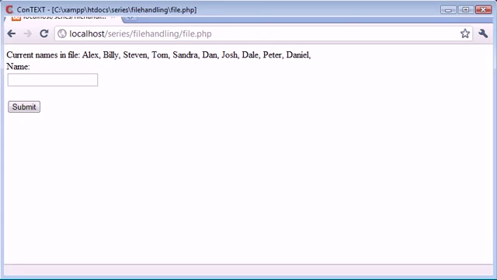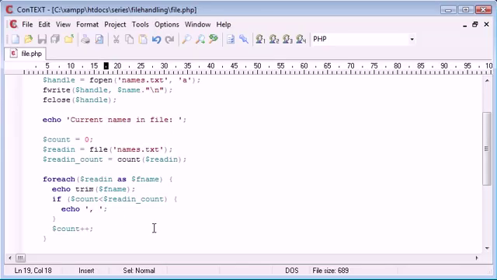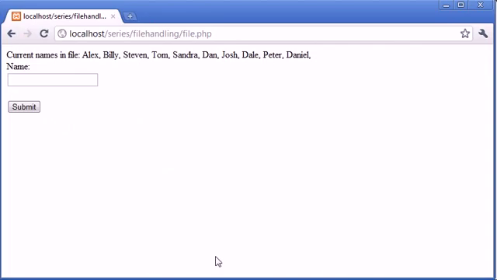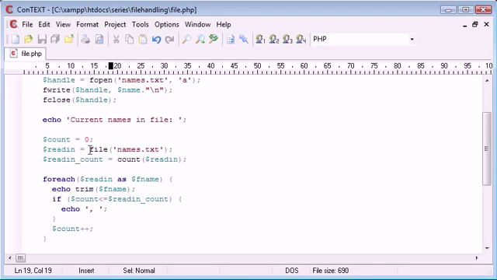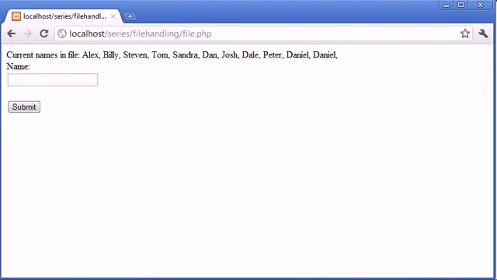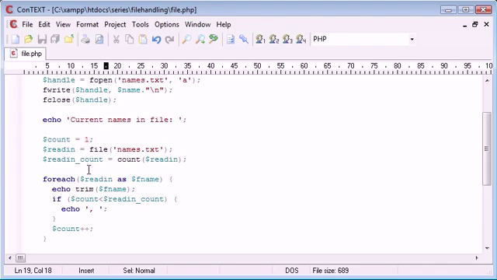Oh dear. Okay. Count is 1. Let's change that to 1 perhaps. I think that might be the problem. We'll just keep adding Daniel. There we go. Okay, so after a bit of fiddling around, what we've done is we have created a variable